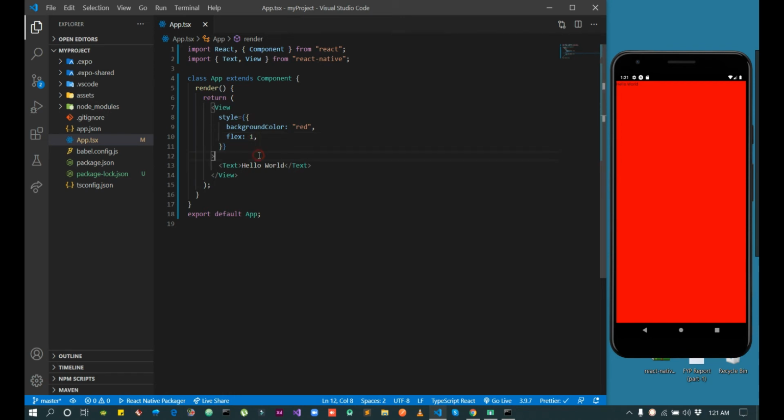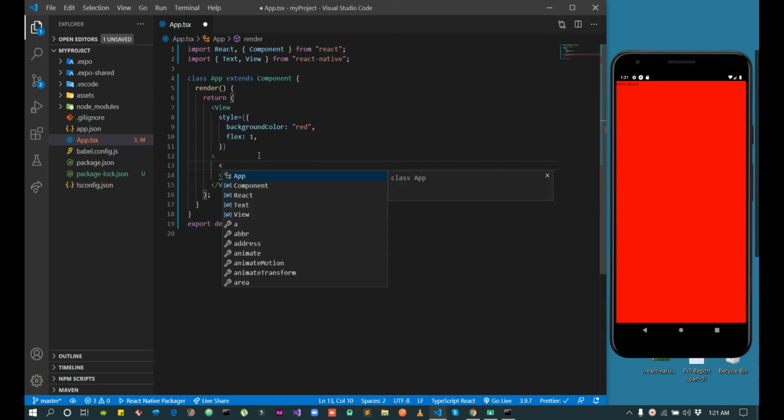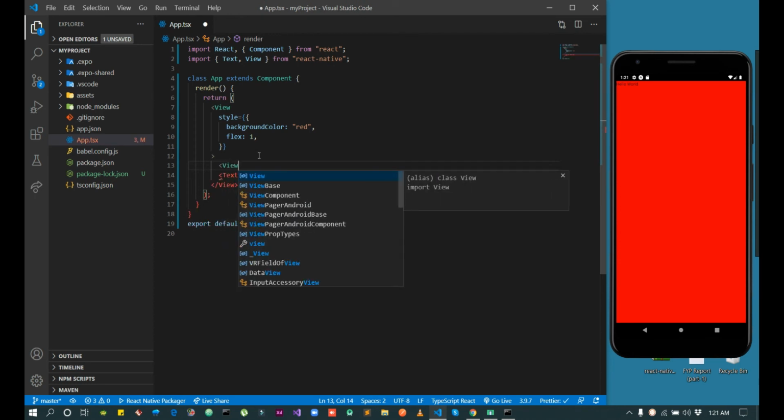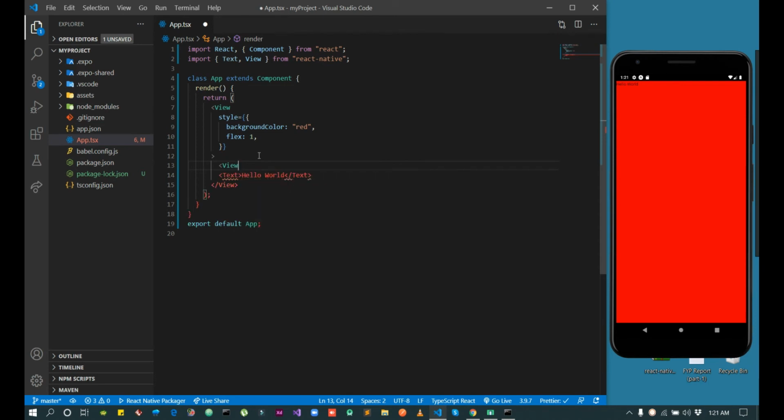In case we have two views and I want to give equal space, how will we do it? We will use this technique with flex. I am using two views, one with text.